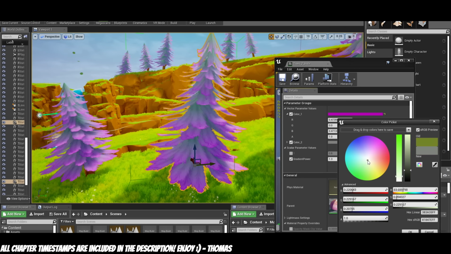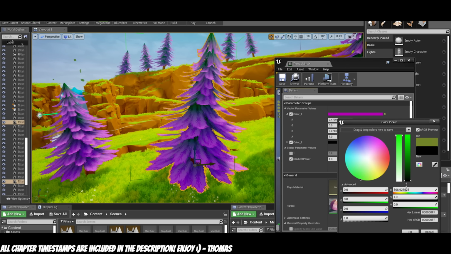As a bonus, we're also going to learn about creating and texturing your own trees and rocks to use in